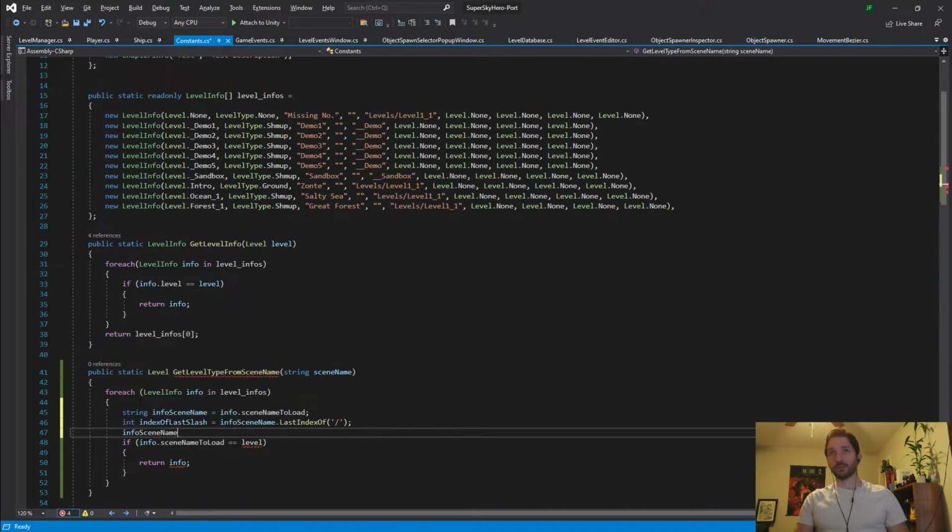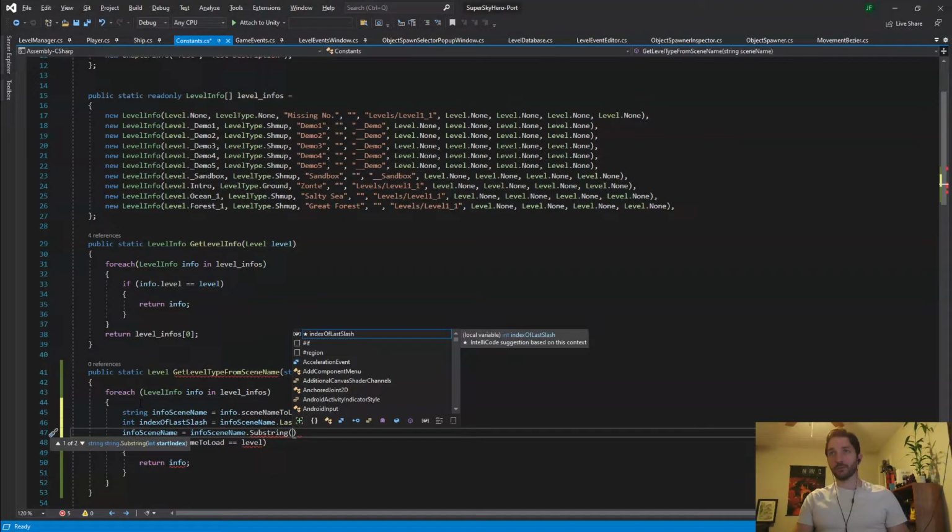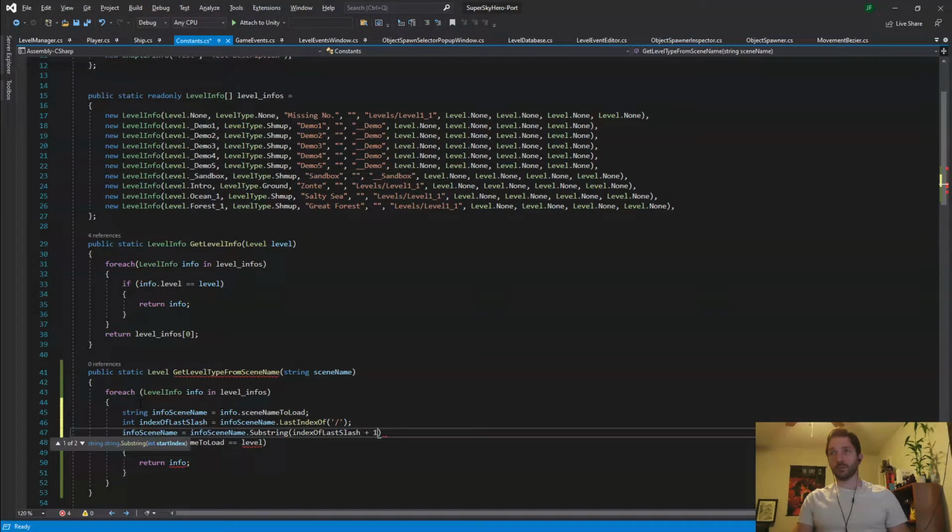So info scene name equals info scene name dot substring. Start index, I think, is inclusive. So the index of the last slash plus 1. And that's assuming